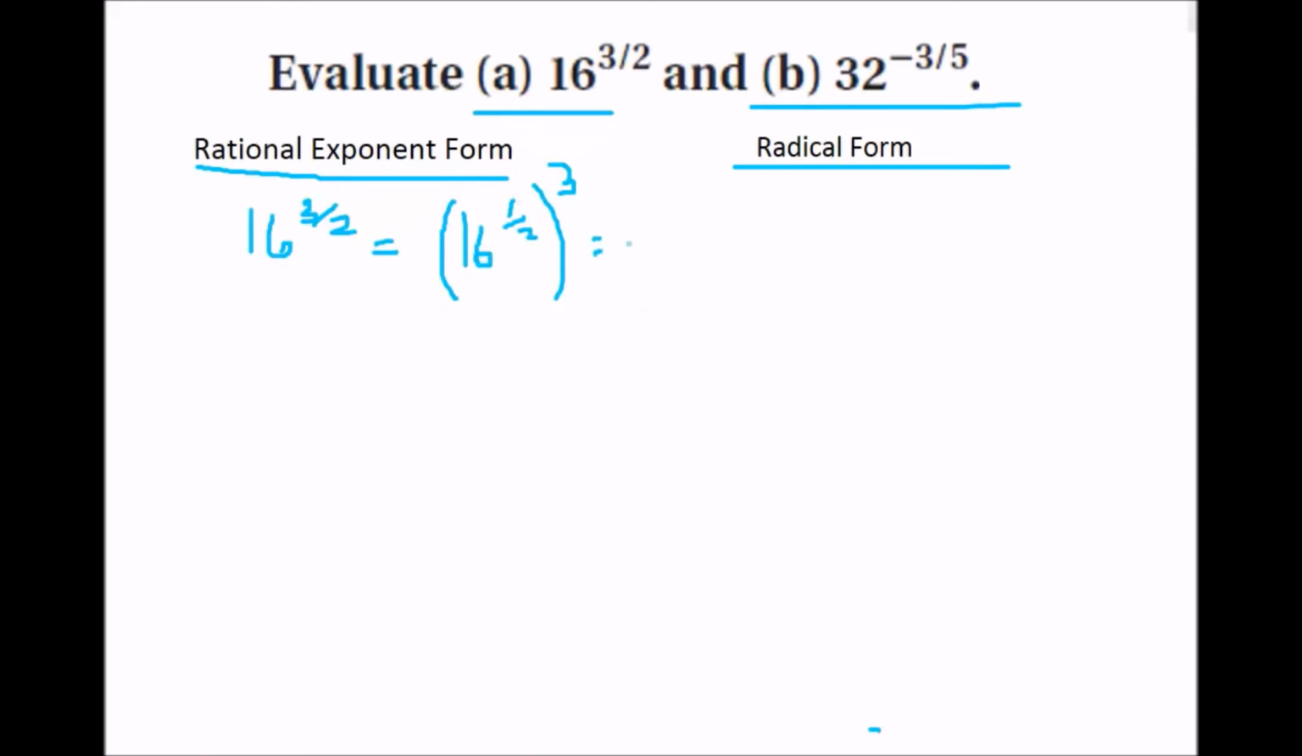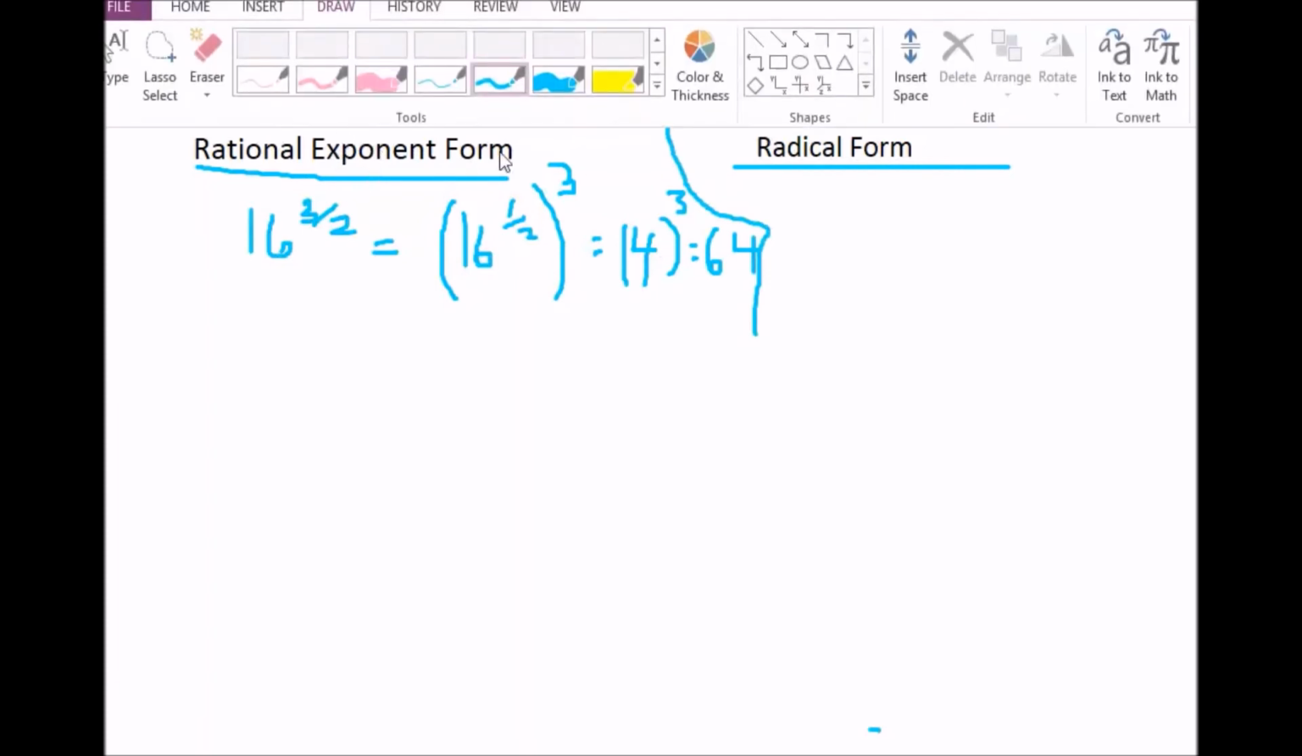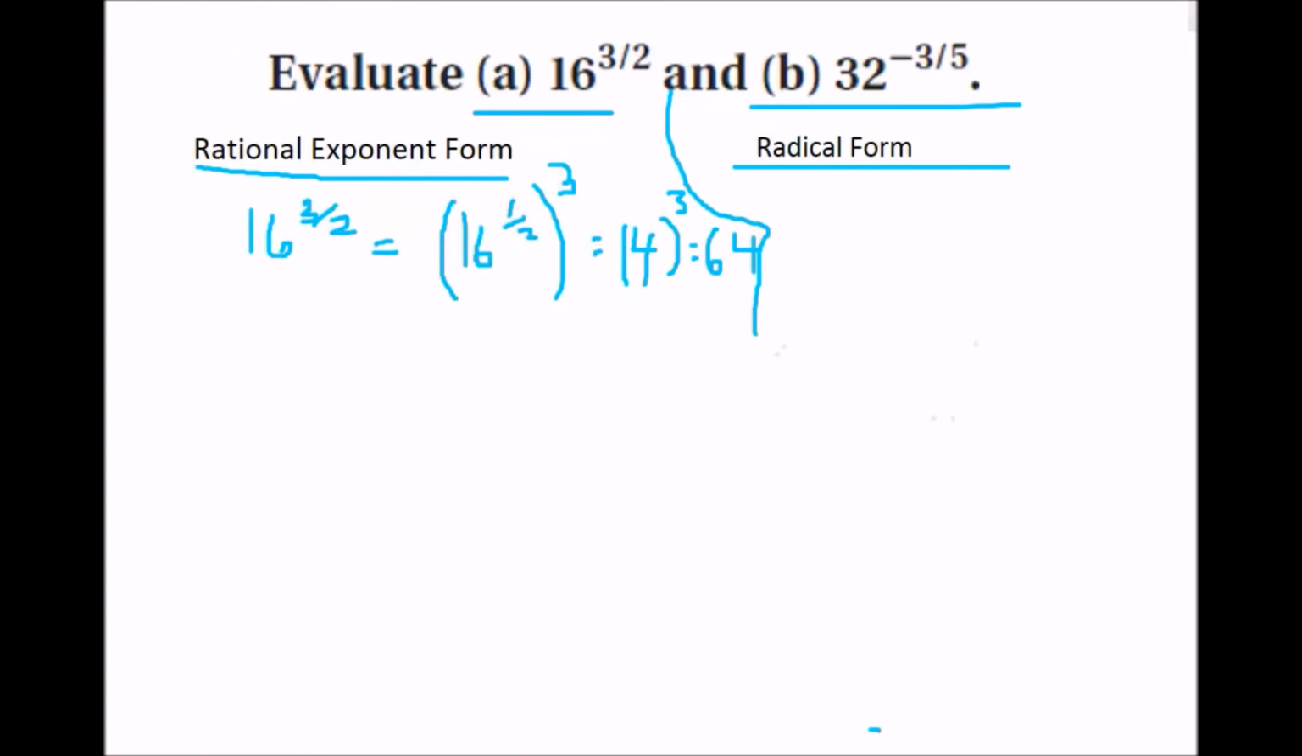16 to the 1/2, if you plug that into your calculator, or you know the square root of 16 is 4, you're going to do that. 4 to the 3rd power. 4 to the 3rd power is 64. So that was rational exponent form. Let me show you how to do this in radical form as well. So 16 to the 3/2 is equal to